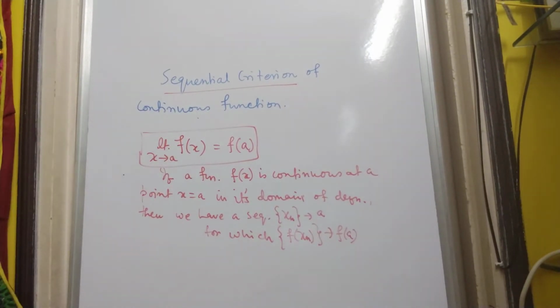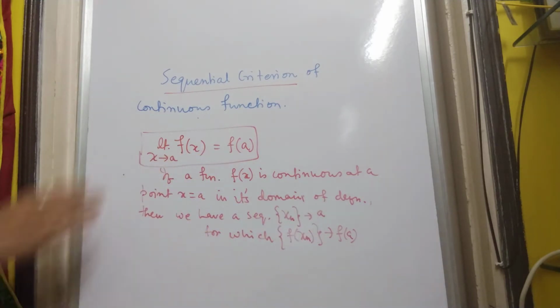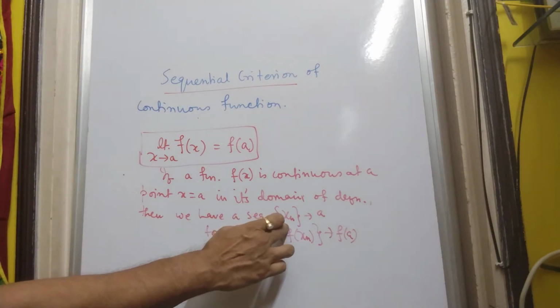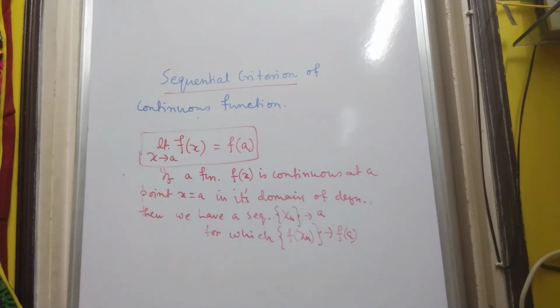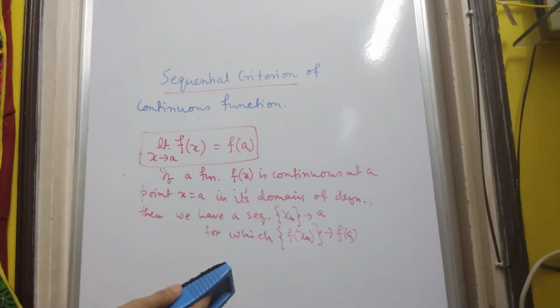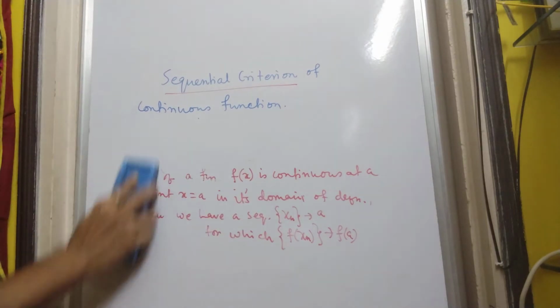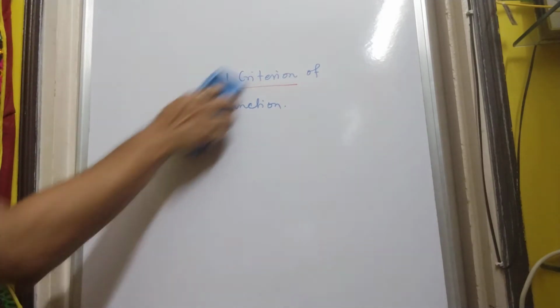Whenever we say that a function f(x) is continuous at a point x equal to a, the sequential criteria says that we have a sequence x_n which converges to a, and for this sequence we have a corresponding sequence f(x_n) which converges to f(a). Fairly simple, I hope. And if this point a may be taken throughout this domain of definition, that means a function f(x) which is defined in a closed and bounded interval [a,b],